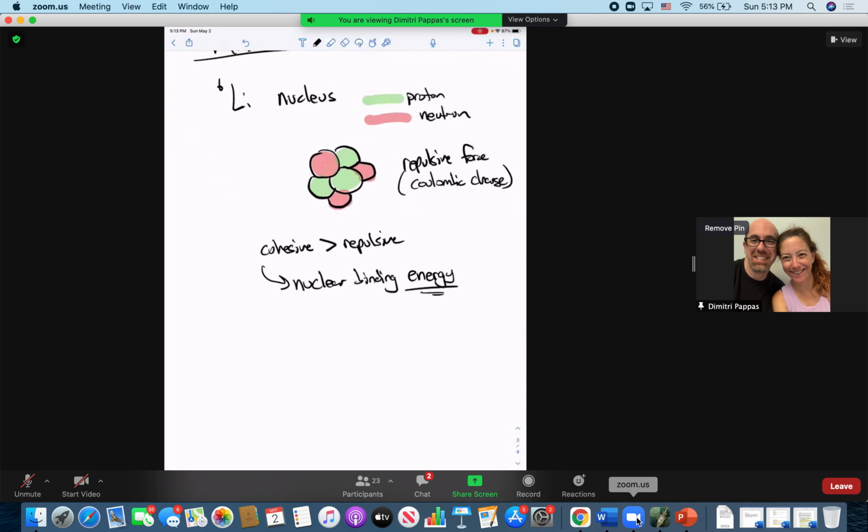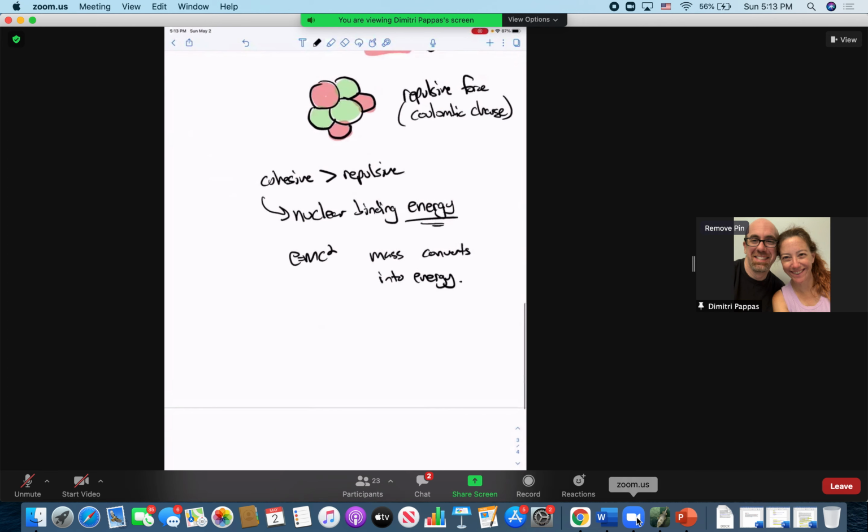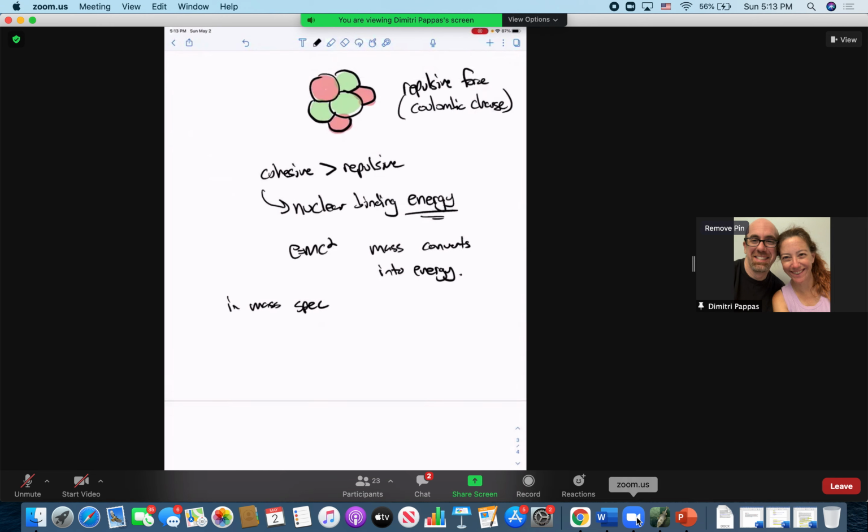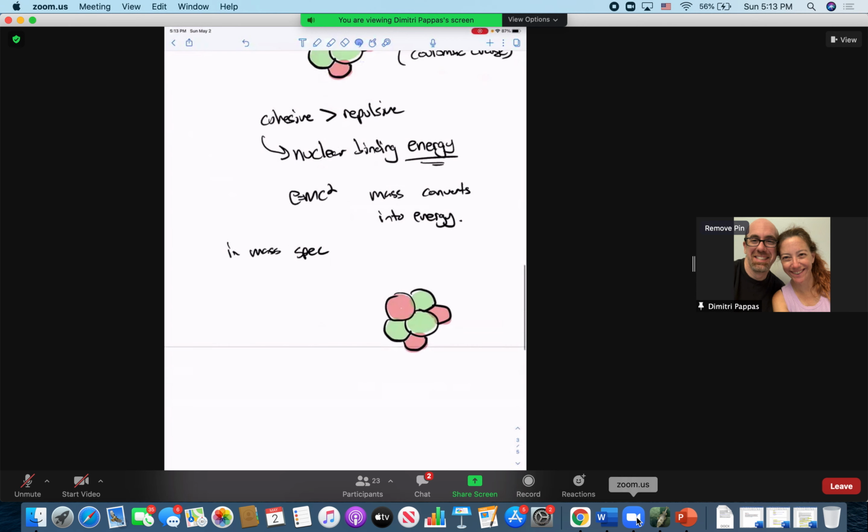That has to come from somewhere, and it actually comes from mass converting into energy to keep the nucleus together. What does that mean in mass spectrometry? If I had a scale, I'm going to draw a scale if you don't mind. First, I want to copy my nucleus. I'm really proud of it. If I have a scale or a balance,